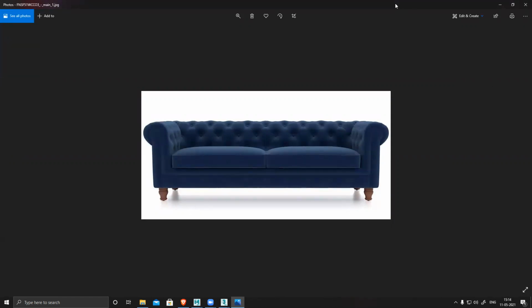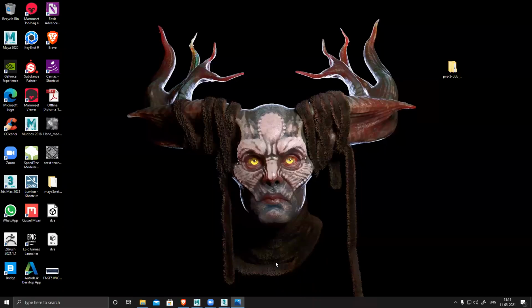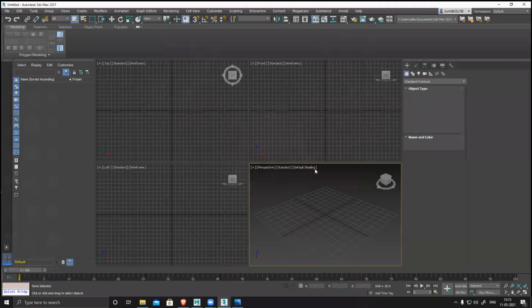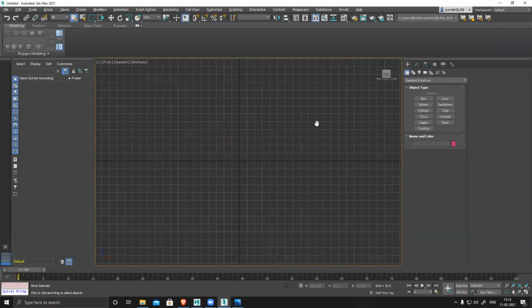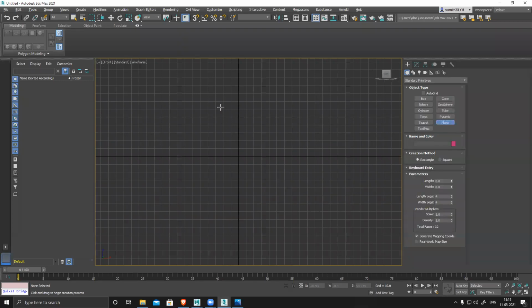It's not like we create the entire sofa. We can do that with box modeling very easily. You can extrude everything, create everything. But if you want to create this design on the inner side of the sofa, we have to follow a different approach. So we have to create this design first. I'll go to front and take a plane.